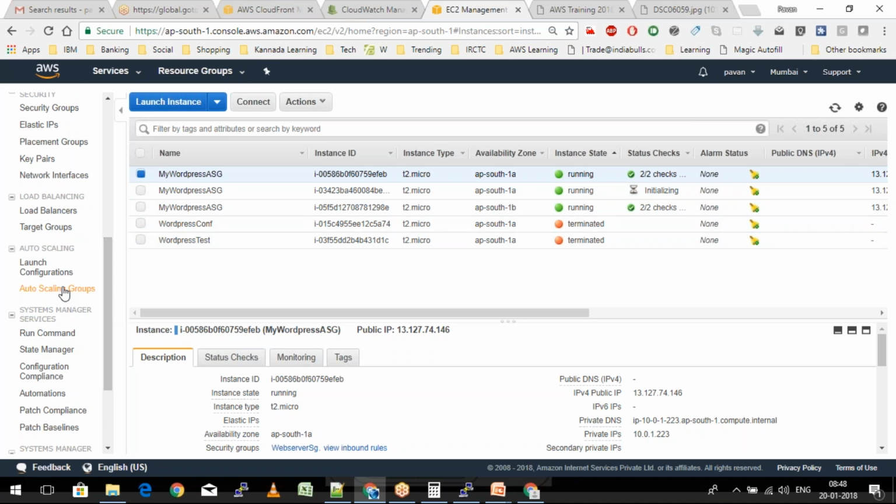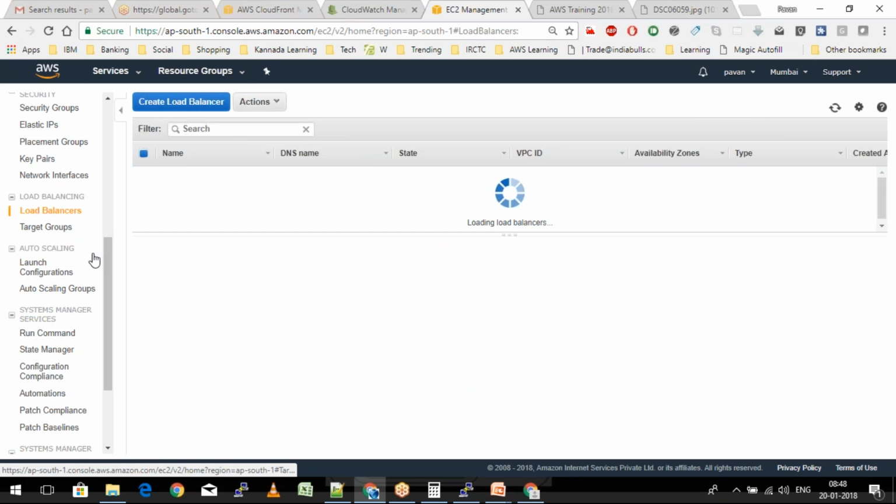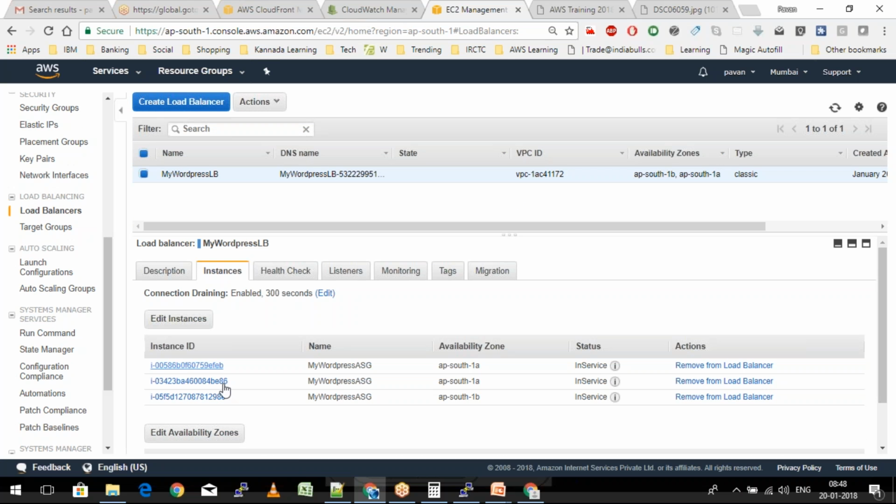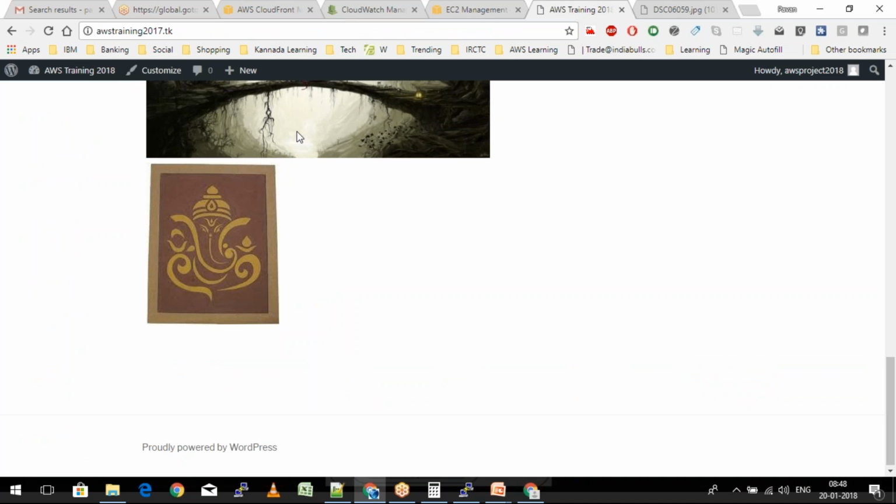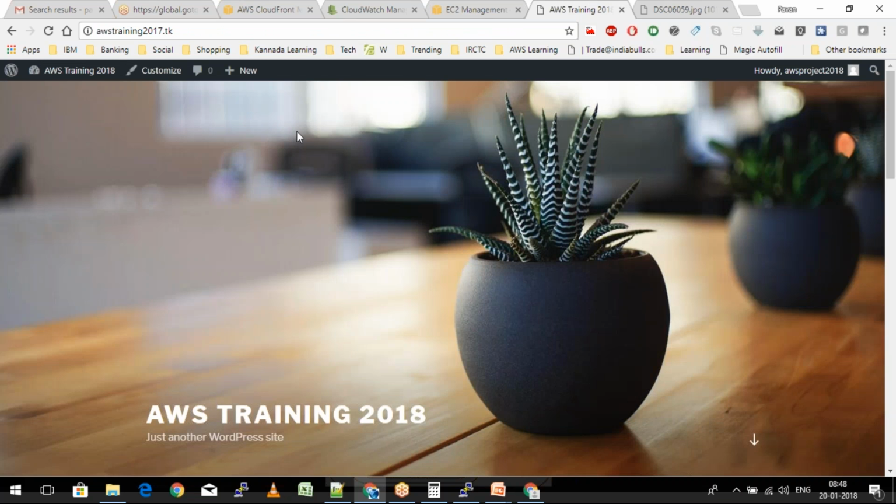We can see it in this case, and let's go down to the load balancer, and you will see that the third instance is automatically added here as well. There we go. You see there are 3 instances and all 3 of them are in service, right? So even if people now come and try to access this web page, they'll be able to access it seamlessly without any problems. So we would never even come to know whether there was a heavy load or something as such,